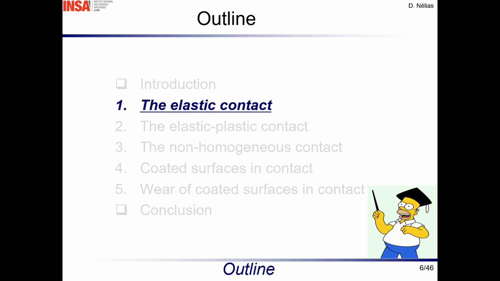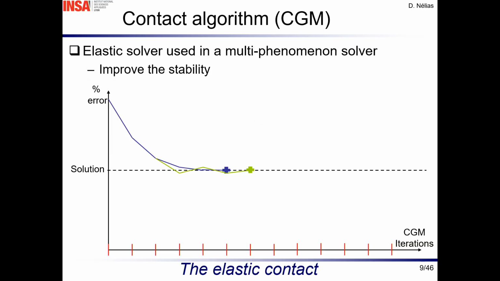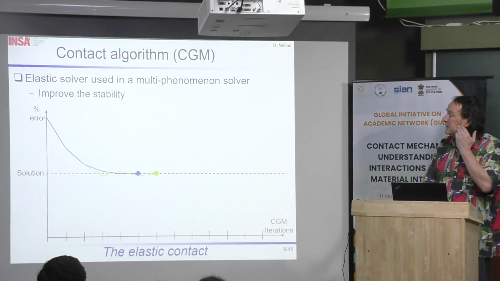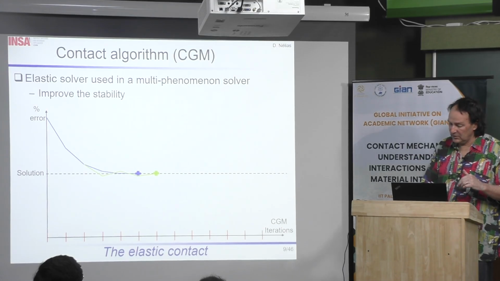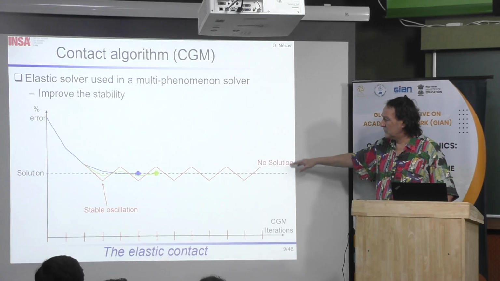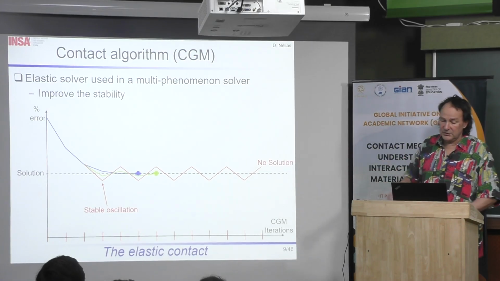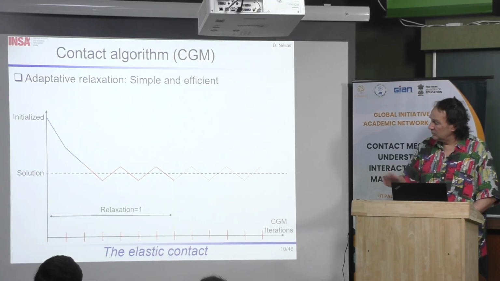For the elastic contact we already worked on that. Maybe a few things about how to solve the contact problem numerically. You can improve the algorithm, for example, using a relaxation coefficient, which can vary versus steps. Sometimes when the solution does not converge or oscillates around something, you can use a relaxation that varies depending on your conditions.